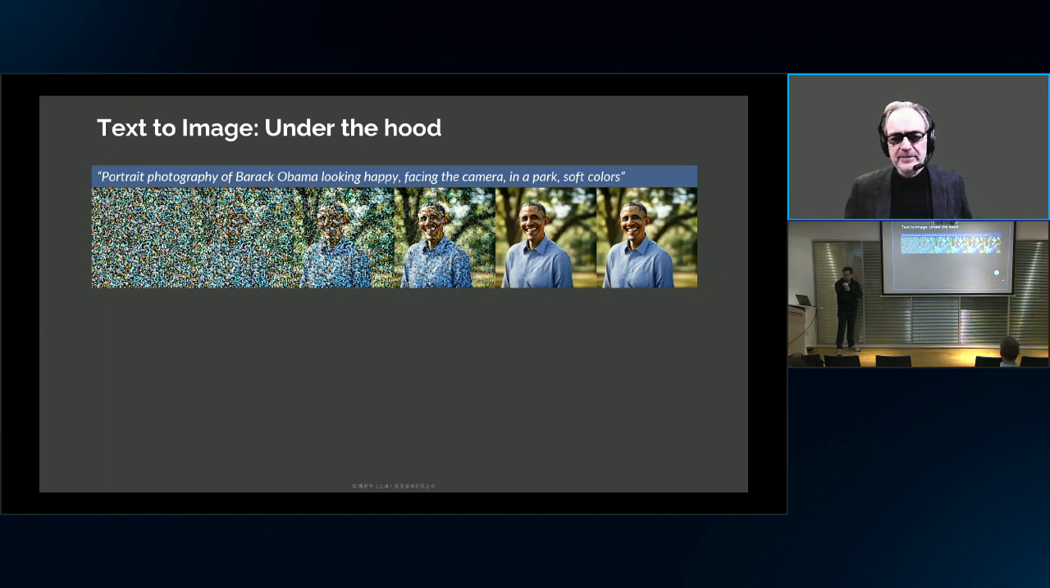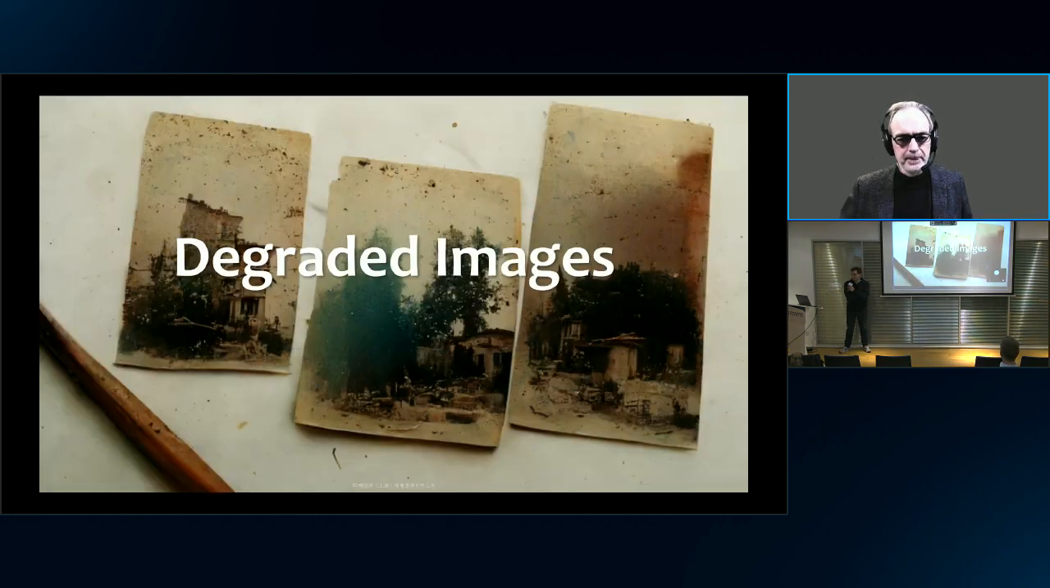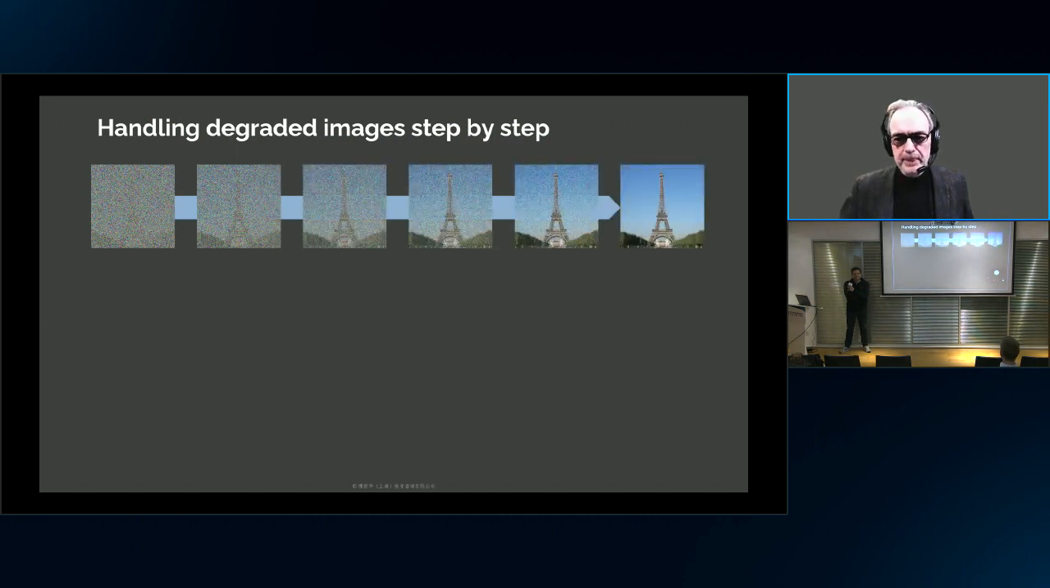Now to explain this, I will have to go through 3 steps. First, I will talk about degraded images. Then I will talk about how computers can represent ideas and concepts. And at the end, we'll bring that all together to really understand what is the essence of these systems. So clearly, we've seen that there is some kind of system that uses a process starting from very degraded images